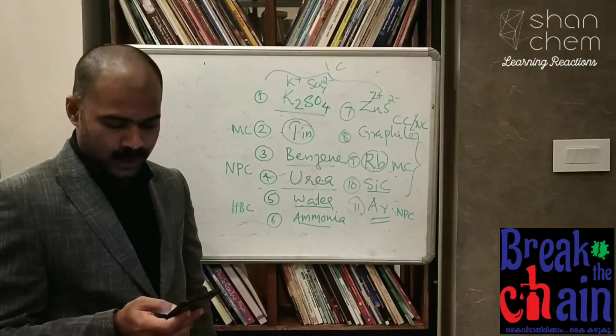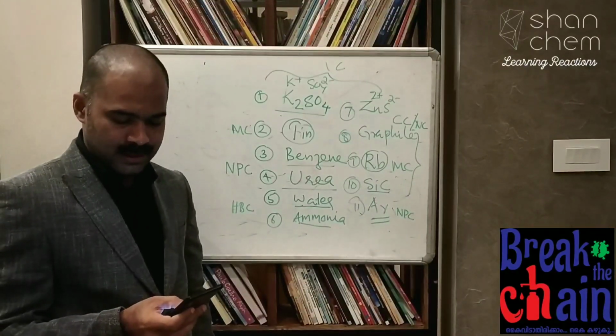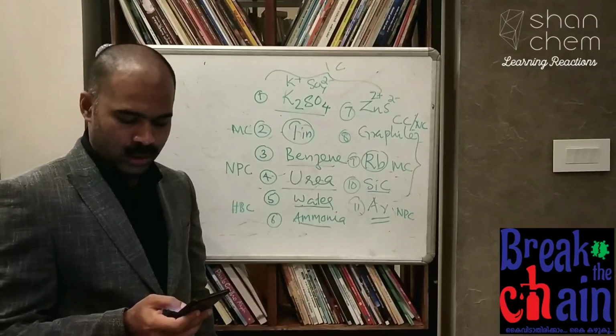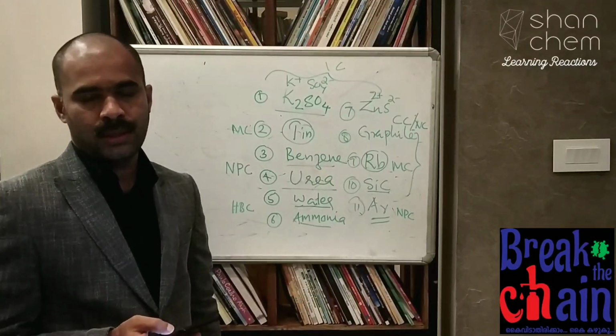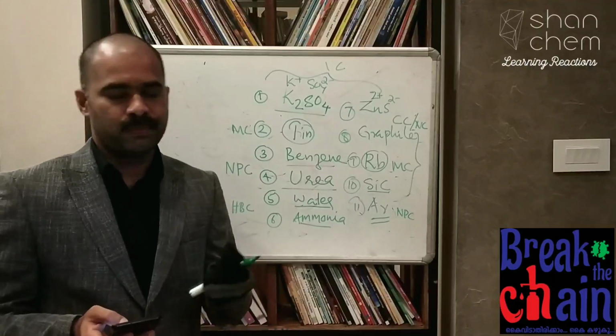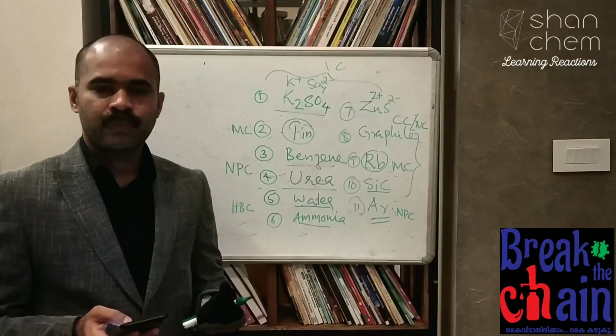Then next one, ionic solids conduct electricity in molten state but not in solid state. Explain. That's a question. Ionic crystal, example,